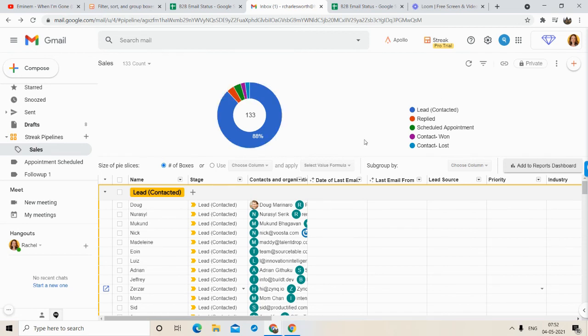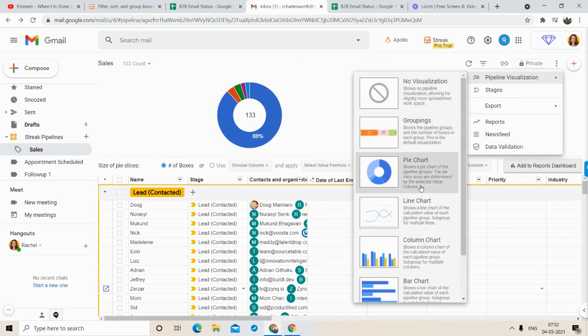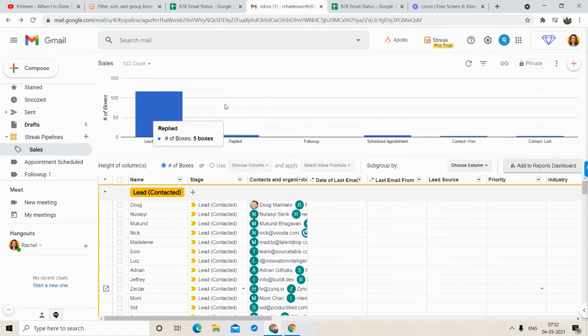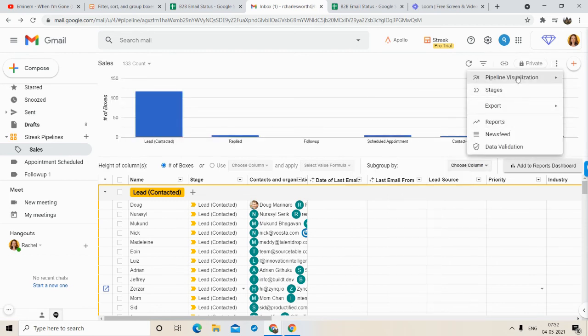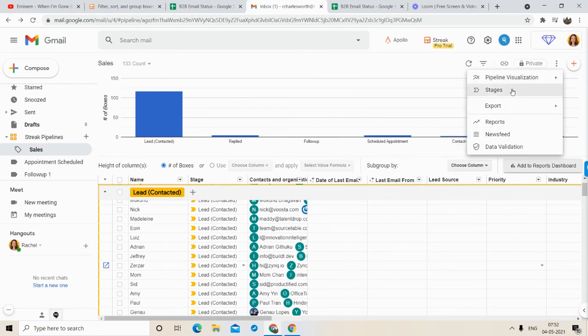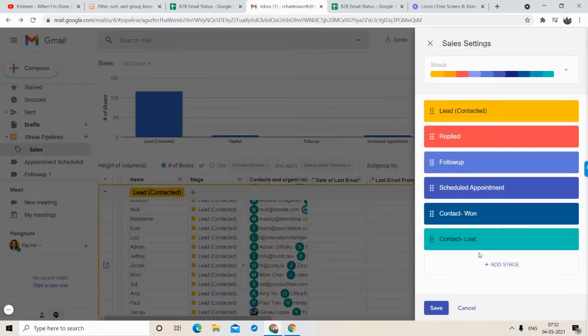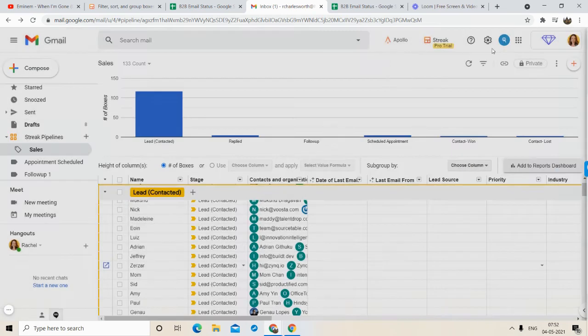This will show you pie charts: how many won, how many lost, how many are late. So this is how visualization of the pipeline works. Line charts, column charts. And here you can manually add stages or delete stages, right?